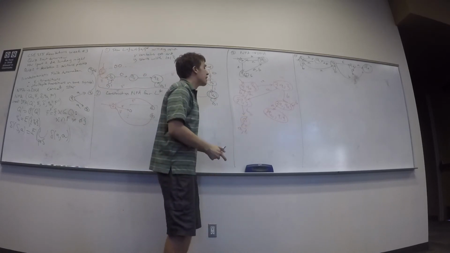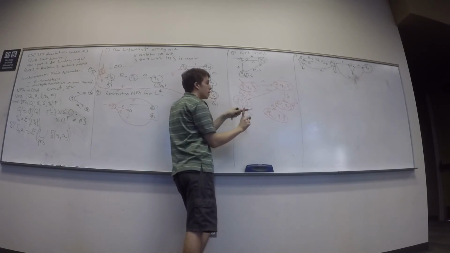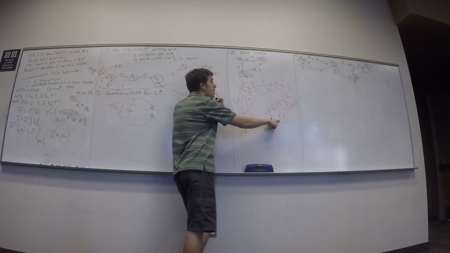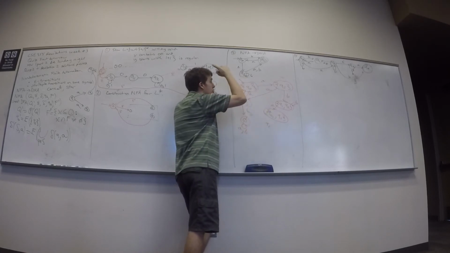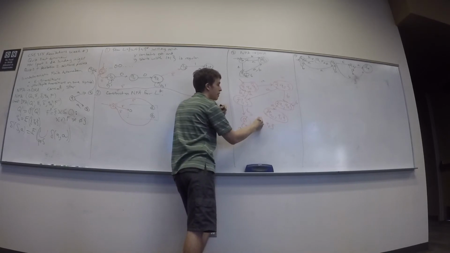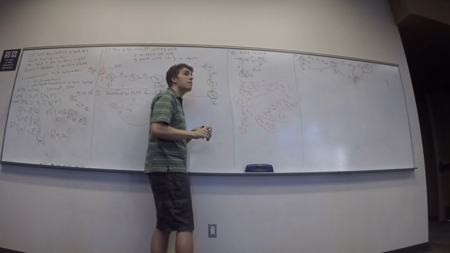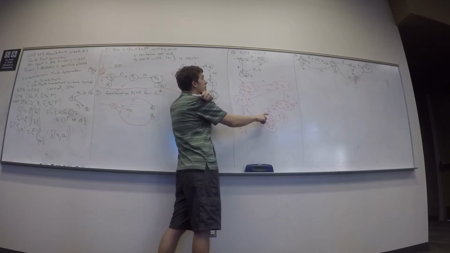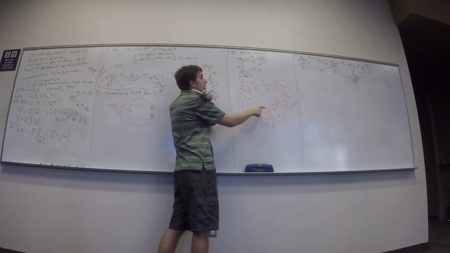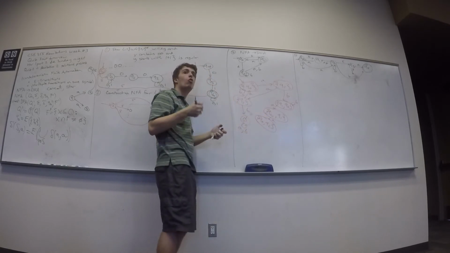Q0, Q1. Where can I go on input A? Where does Q0 take me on input A? Q2. Q1 on A goes to Q0. And I don't have that state yet, so I'm going to make a new state there on input A. What about input B? Where does Q0 take me on B? It takes me to Q1. Where does Q1 take me on B? Empty set, so nowhere. Where can I go in total?